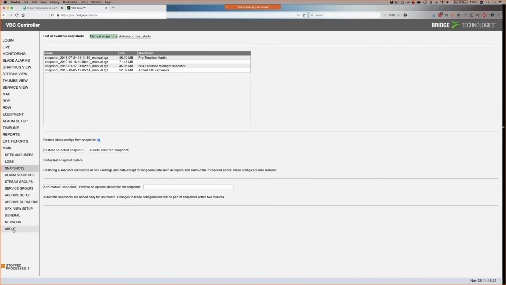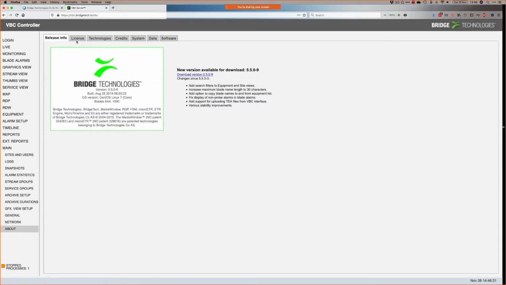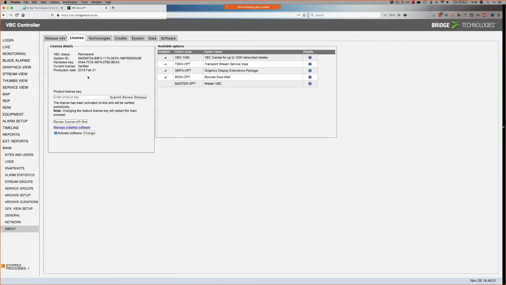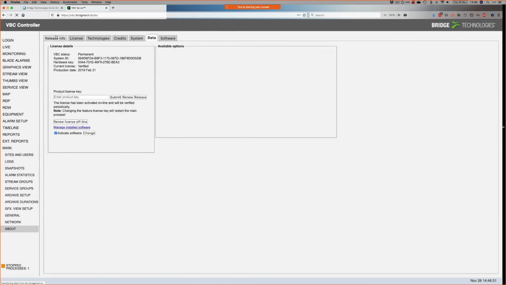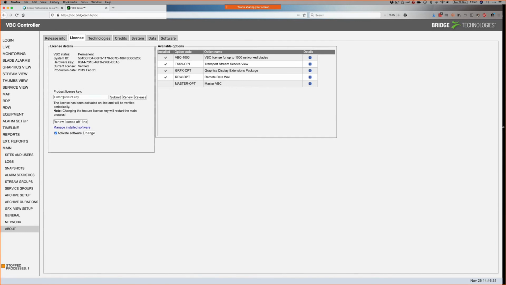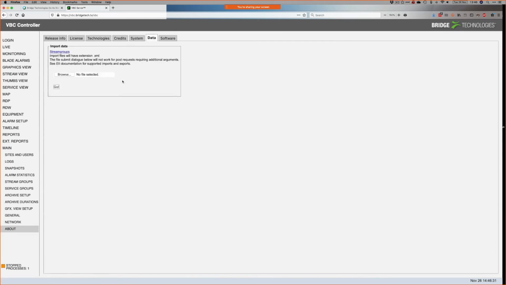So, well, my next thing on my menu was the upgrade, but we've already done that. Sorry, we did licenses. But to upgrade the VBC itself is here. So again, it's pretty similar to the way that the probes work. You just upgrade the software and